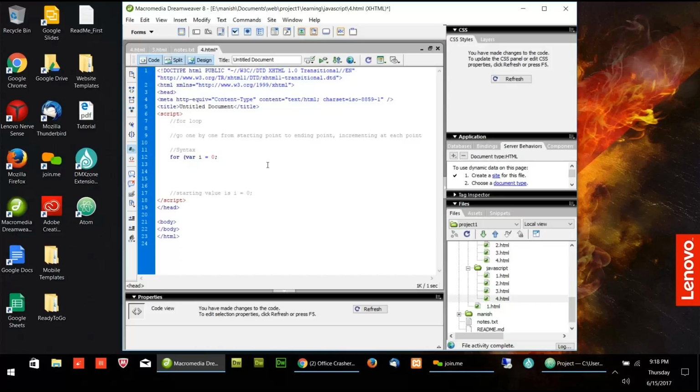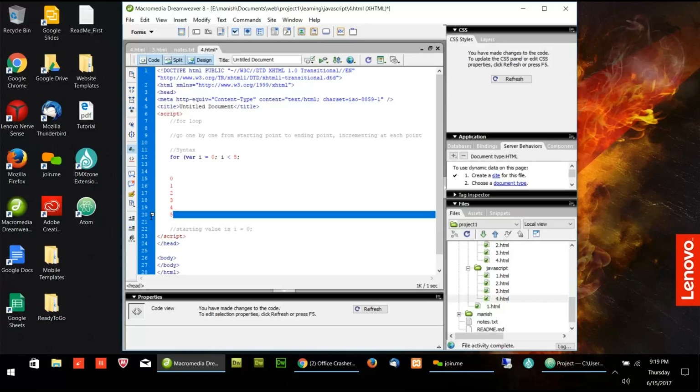And till how long it will go? So this is called ending position. Ending position means till how many times we have to continuously loop. So for example, I will say till I is less than 5. That means it will start with 0 and it will go till I is less than 5. So it will go 0, then 1, then 2, then 3, then 4, and once it reaches 5, this condition is not matched because it's saying I should be less than 5. That means when I becomes 5, this will fail and it will not go inside.